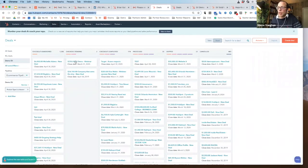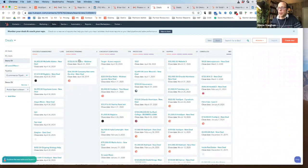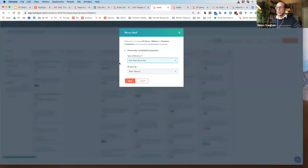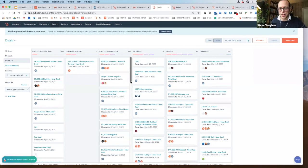So if I go into this one, well, before I go into it, let me show you, I can drag these deals across, and so then as they move to the different deal stages, you see required fields come up. So I can go in and just make sure that the right data is in there that shows this deal is qualified and what the follow-up steps and what the actions are. If you're in sales leadership, you know one of your biggest bugbears is that sales don't use a CRM and input the data. Well, you can helpfully, in not too aggressive a way, ensure that they have to put the data in. I can then go into this deal,